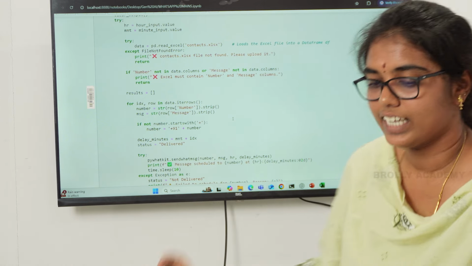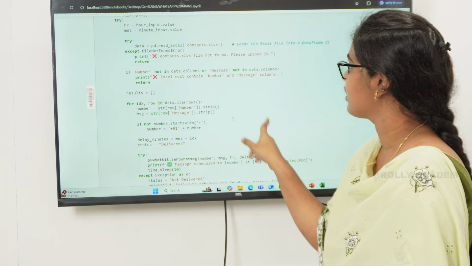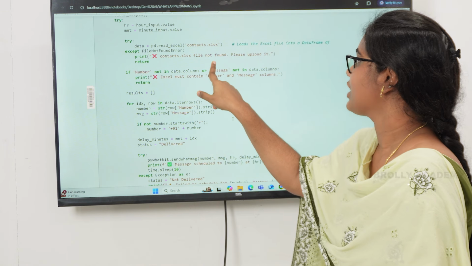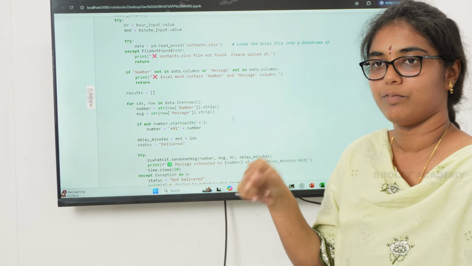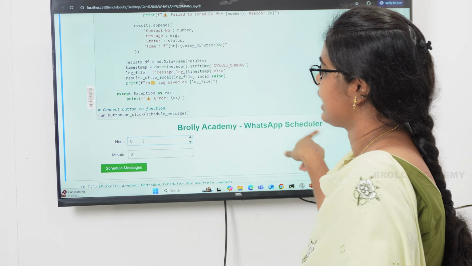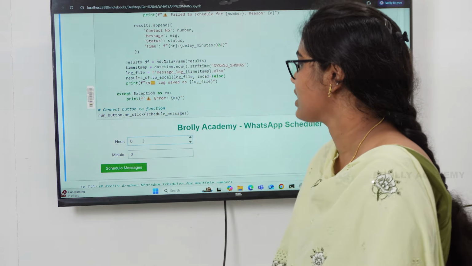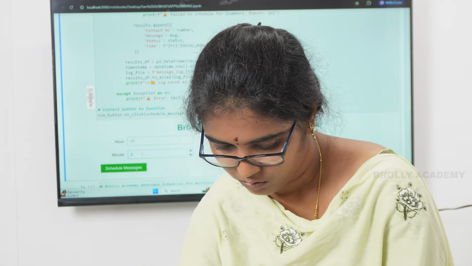Here the Excel sheet should have columns as number and message, and the Excel file is at the same place where we are running the Jupyter Notebook. Here we are getting Broly Academy WhatsApp Scheduler as a heading, and we just need to enter hours and minutes.